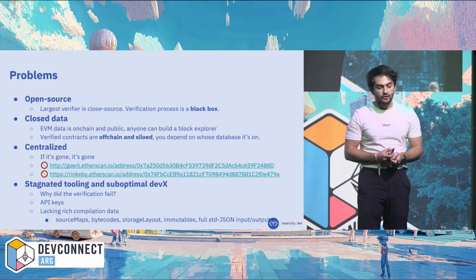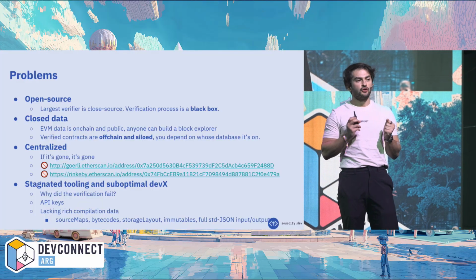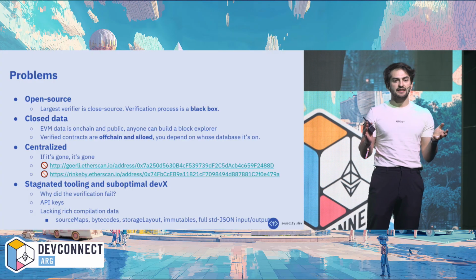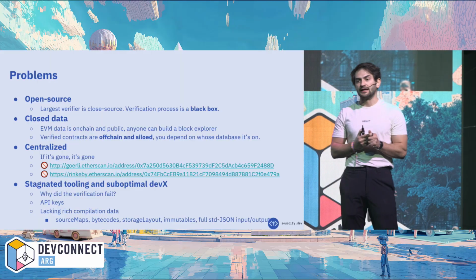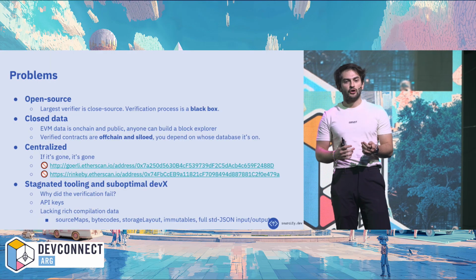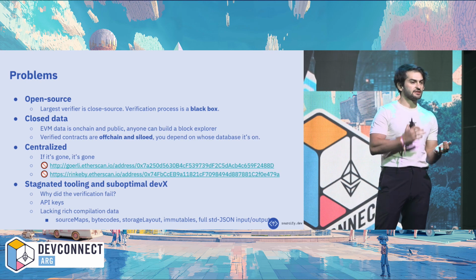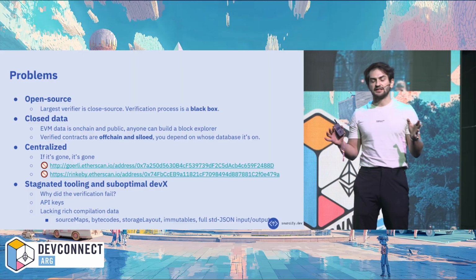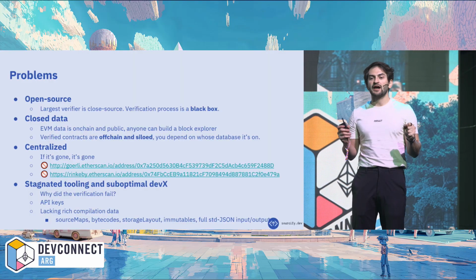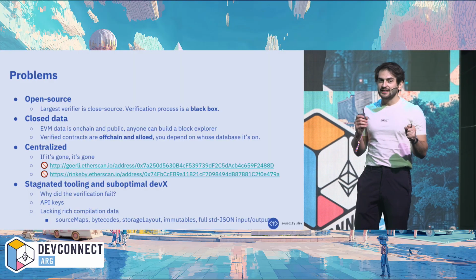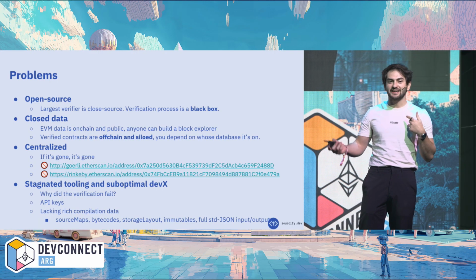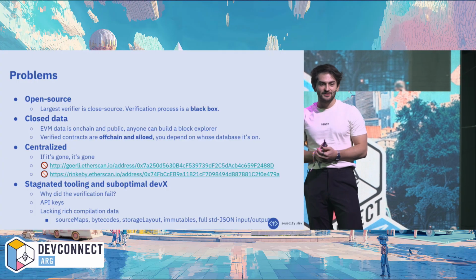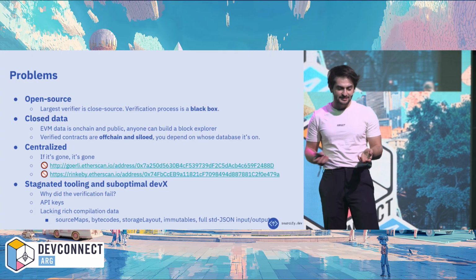The other problem is closed data. As I said, the contracts are accessible one by one. You can see them and read them, of course, that's the point. But the dataset is not accessible. It's siloed. For this data to be useful for data engineers, security researchers, compiler engineers, or anyone that needs an overview of this data, right now this is not available. Maybe you have sourced this data yourself somehow by regularly checking the verifier, like scraping, but this is also not legal. So the dataset is right now inaccessible.